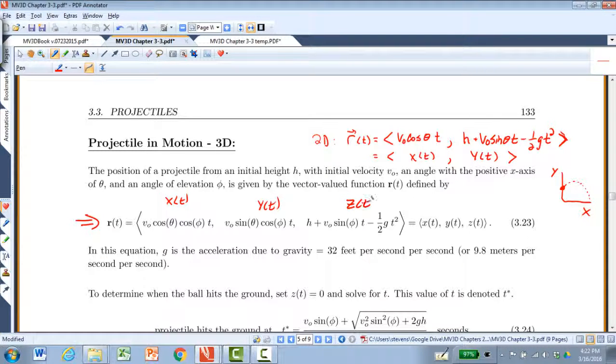z of t. And it's worth pointing out that this z of t, if you look back on the 2D portion of this video, the height was right here. And if you look at that and compare it to this, the height function is identical, except we have a different name for that angle of elevation now. And then the x component and the y component are no longer just